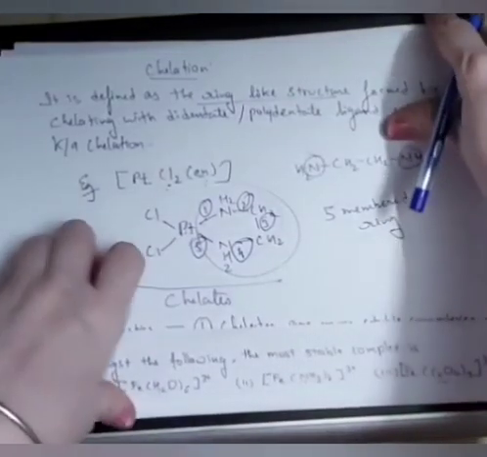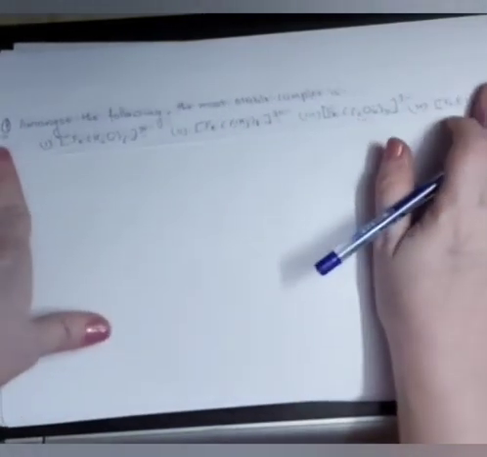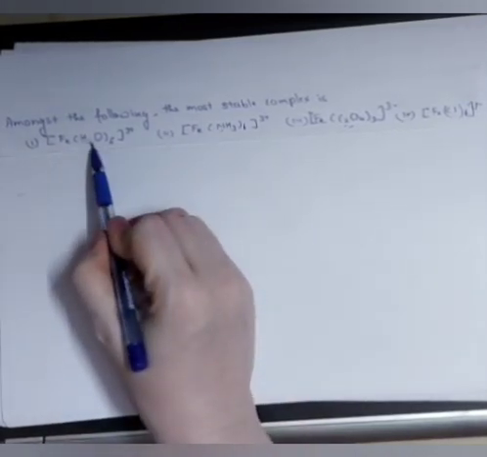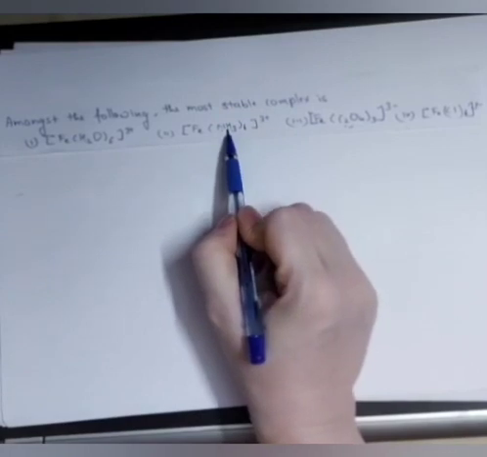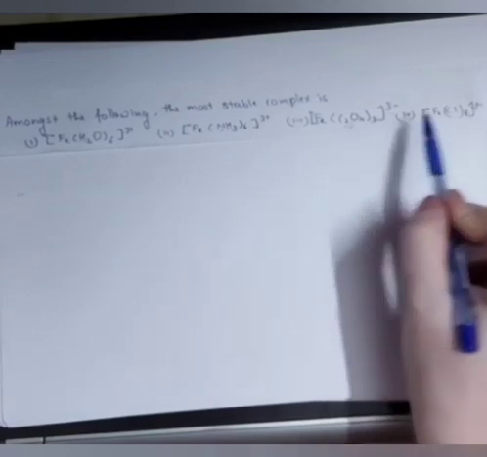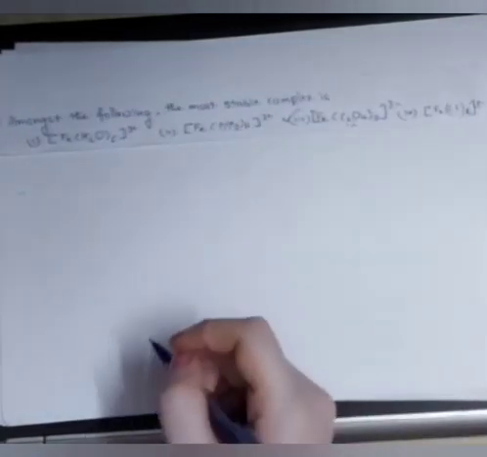This is the question. Here you can see in this question, you have to provide which one is the most stable. So we know that H2O is a unidentate ligand, NH3 is again a unidentate ligand, C2O4 is a didentate ligand, whereas Cl is again unidentate. So it is going to form a ring-like structure.